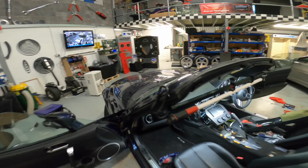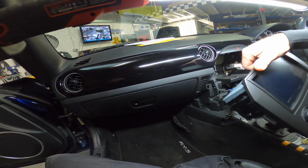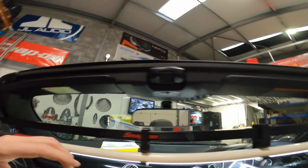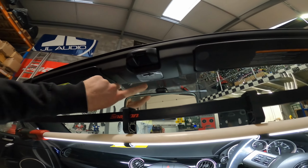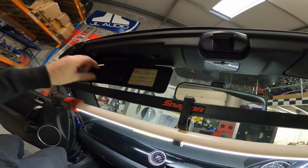Right then guys, so we got our fascia kit built. Heater controls are done. Pioneer's in, ready to go. So now we're going to start putting the mic in. When we remove this light, we'll put the microphone up here, obviously DAB aerial over there, take down this thing here, get